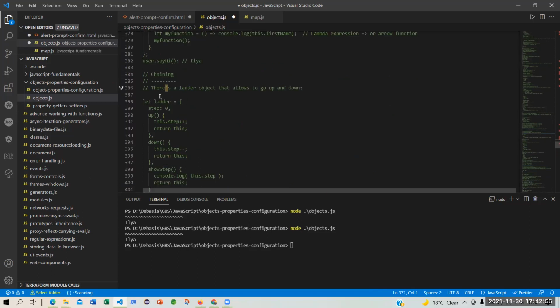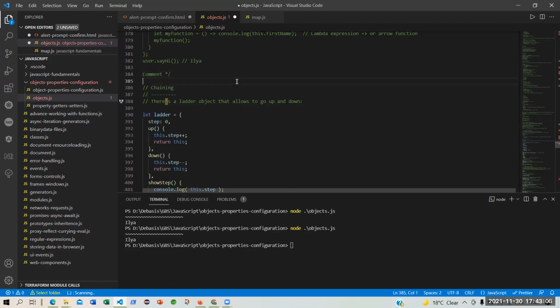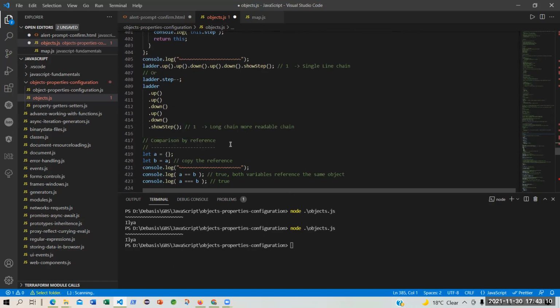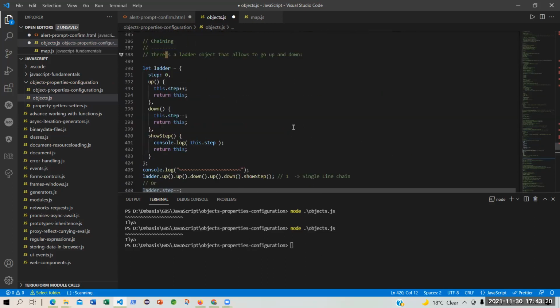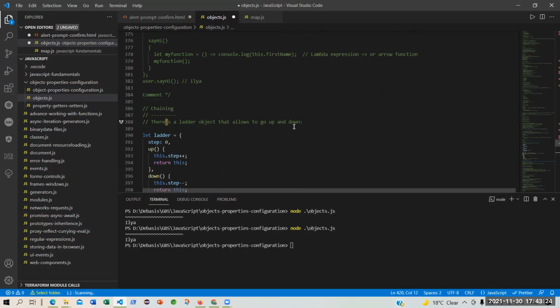Then we will do the chaining. Let us see one more important thing, chaining with the objects.